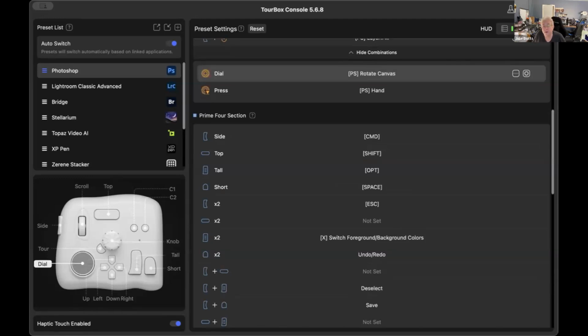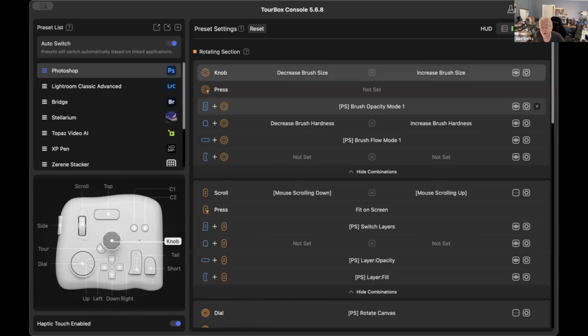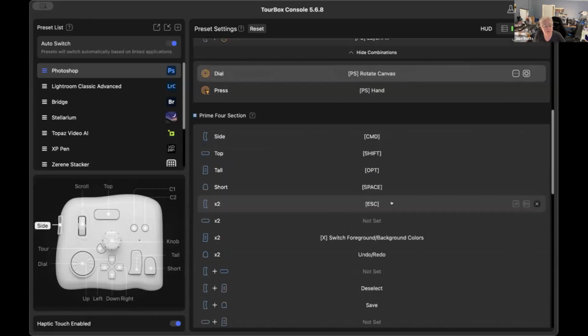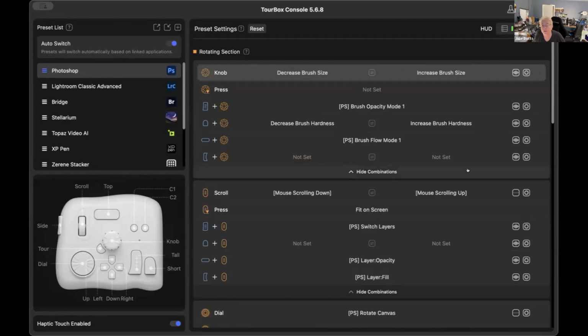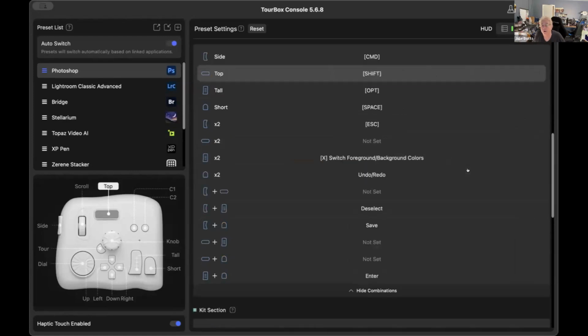But what this layer here on the right of the screen will show is what each setup will do. This is the setup on the left, and on the right is what they call the heads up display. So like these little buttons down here, if I change one of the